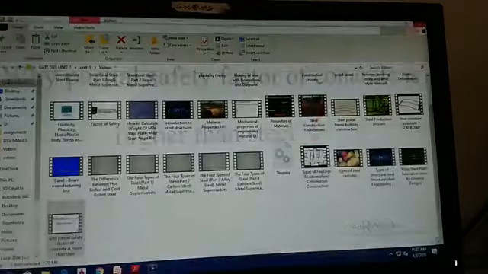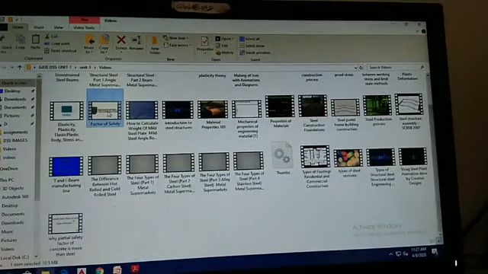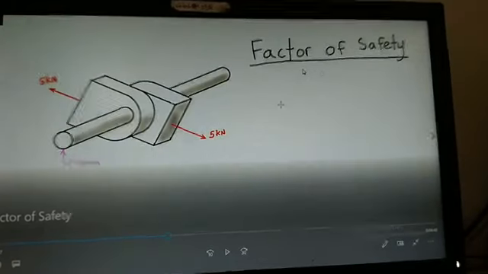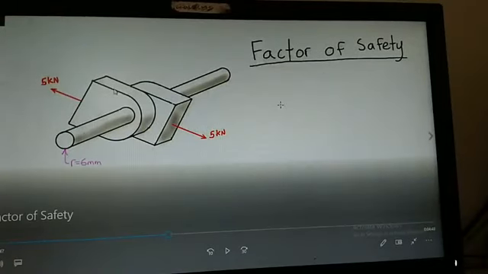The next question. So calculate the factor of safety for this problem. So here there is a picture, a rod which is connected to 2 couplers. So these couplers are subjected to force.